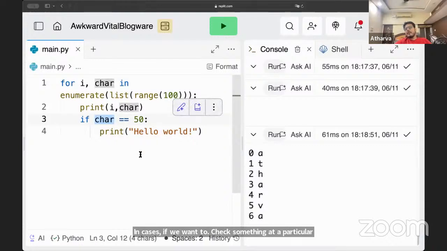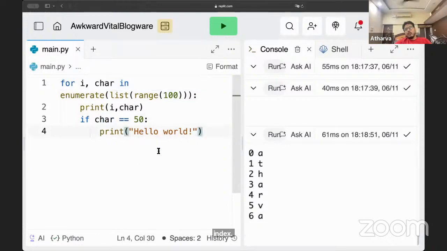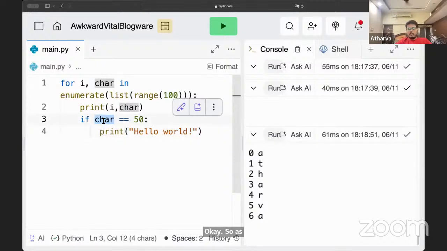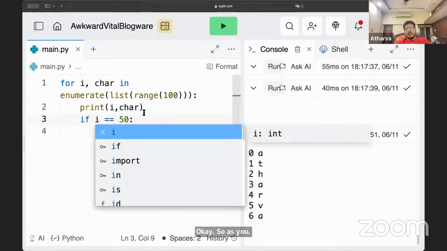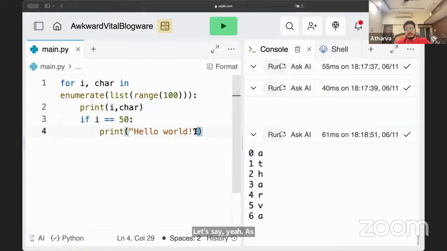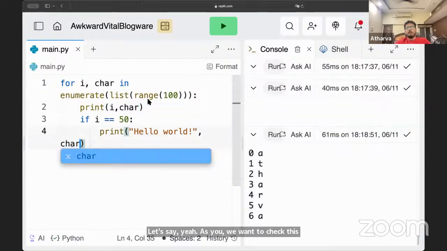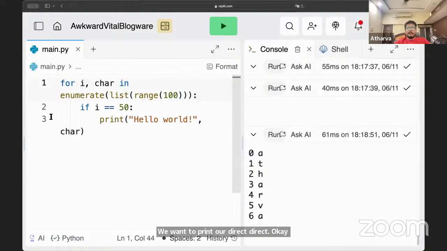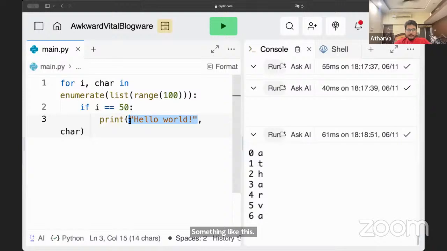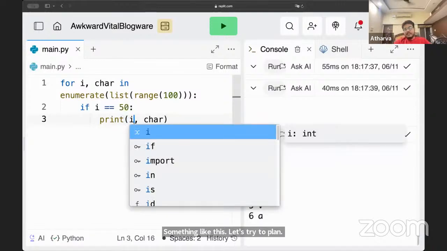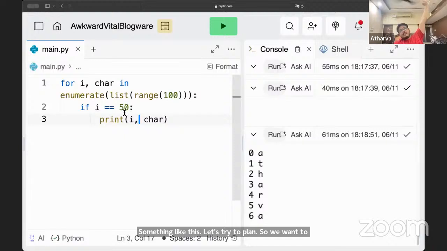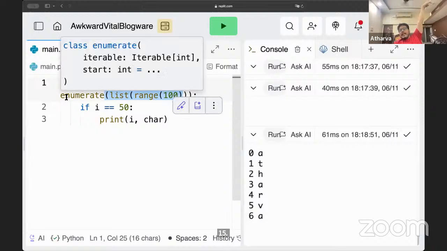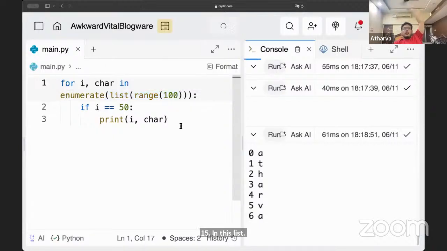Okay. So assume, let's say here, assume we want to check this. We want to print our character. Okay. Something like this. Let's try to print. So we want to print the character which is present only at index 50 in this list that we are enumerating. Let's see what we get.